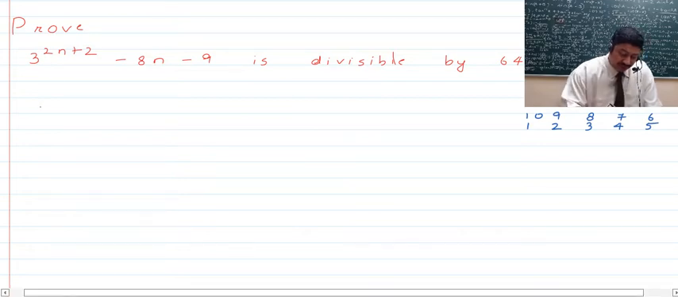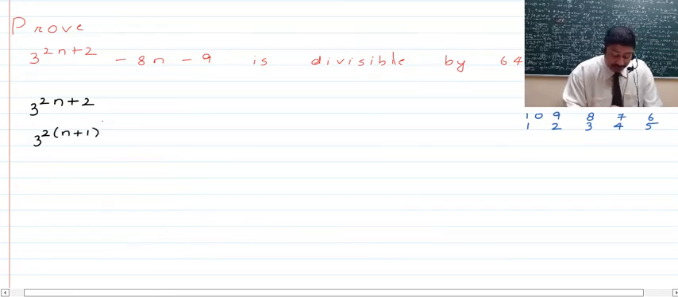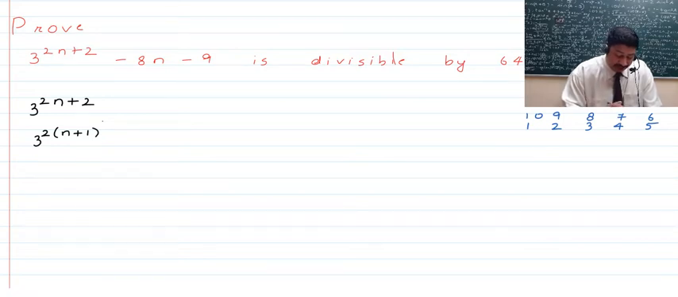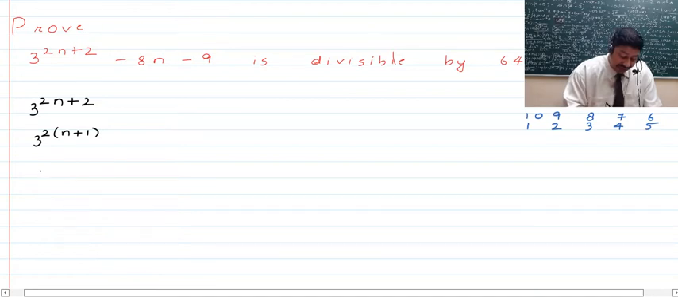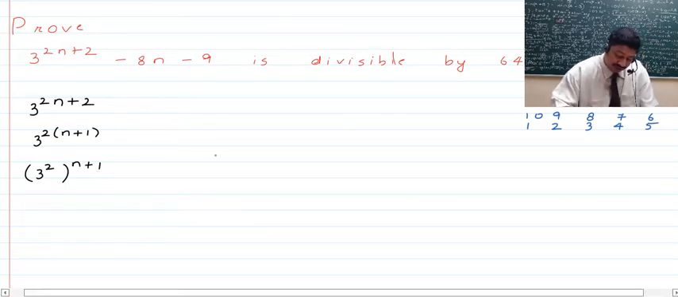First we pick up the first term that we have here, that is 3 raised to the power 2n plus 2. Next we can write this as 3 raised to the power 2 times n plus 1, because in the power we have 2 which is common in this binomial. Further we can write this as 3 raised to the power 2 whole raised to the power n plus 1,